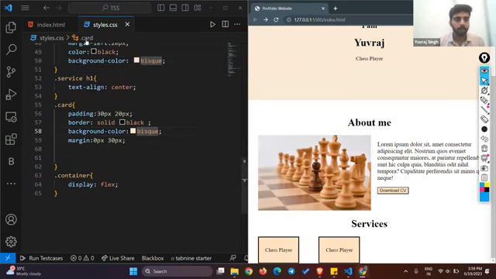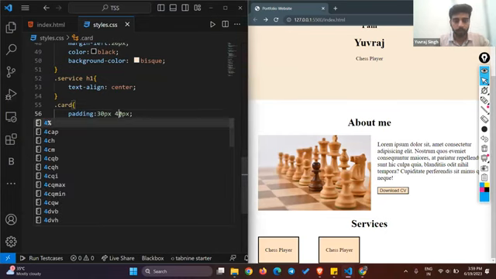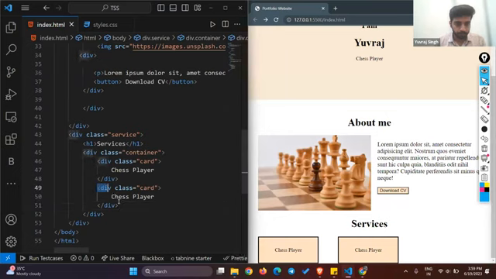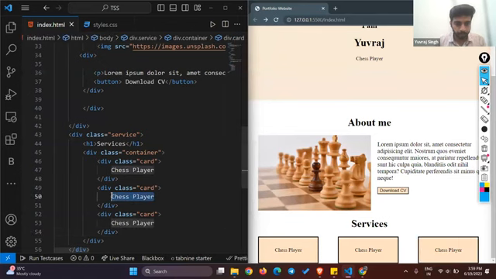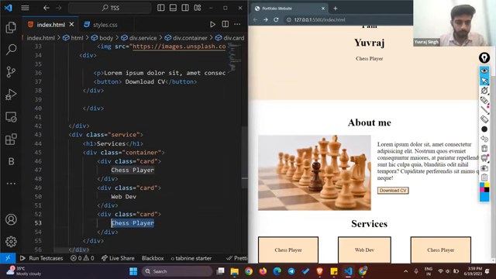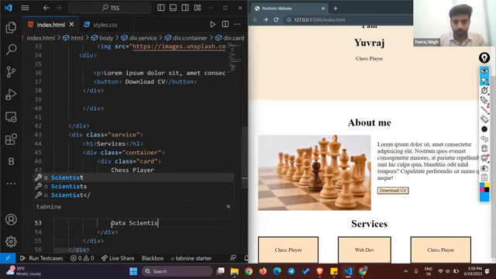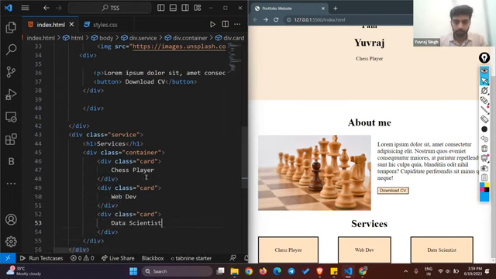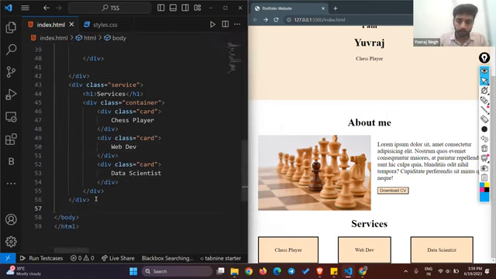और जैसे हमने दो सर्विसेज प्रोवाइड की, तुम इसे पैडिंग दे दो, let's give it a 3. Make it here. समझो चेस प्लेयर है, वेब डेवलपर है और डाटा साइंटिस्ट है। ठीक है, सर्विसेज सेक्शन के बाद तुम्हारा आएगा प्रोजेक्ट सेक्शन।